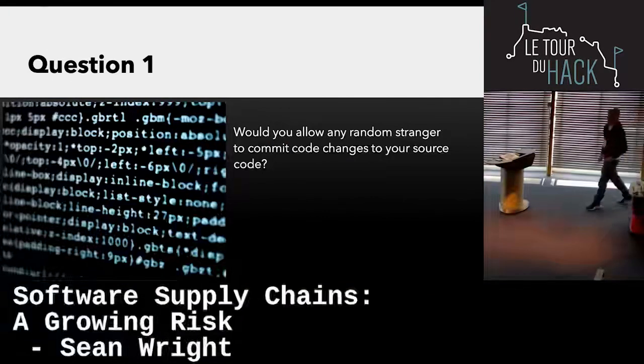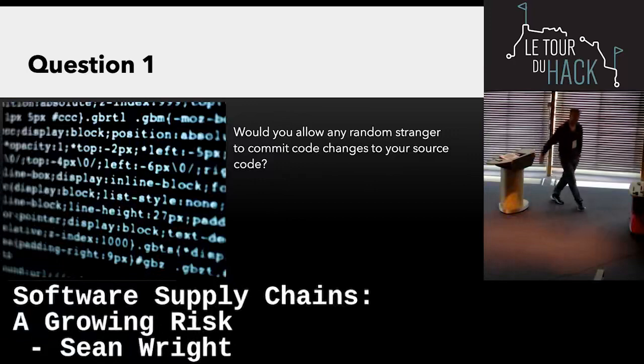Coming back to those first two questions asked in the beginning, would you allow some random stranger off the street to run code on your repository? I'm talking about a private repository.